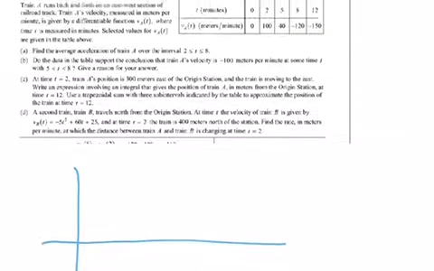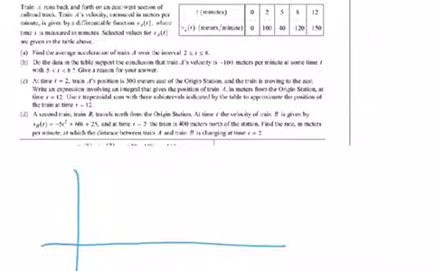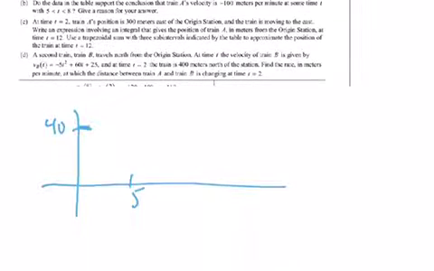But essentially, we're looking at 5 to 8. So 5 is here, 8 is here. And from 5 to 8, we know that at 5, the value is 40, and at 8, the value is negative 120. And so